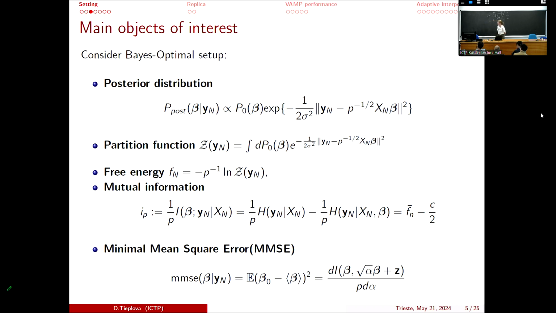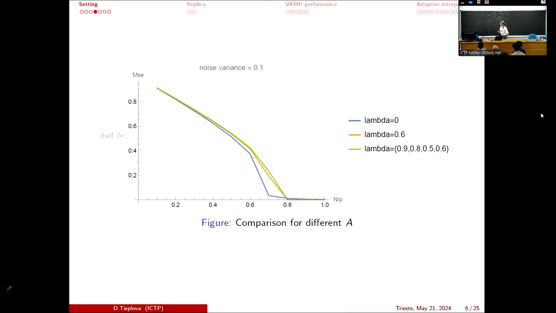Another point why everyone is interested in the mutual information is that it is very correlated to the phase transition of the model. To be more precise, the non-analyticity of mutual information connects straight to the phase transition moment of the model. The bottom line is that we have our model and we want to find the mutual information of this model.